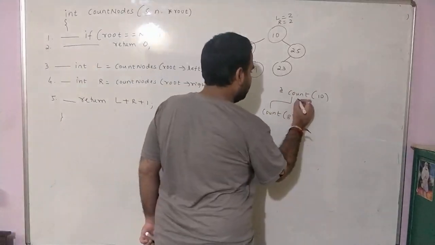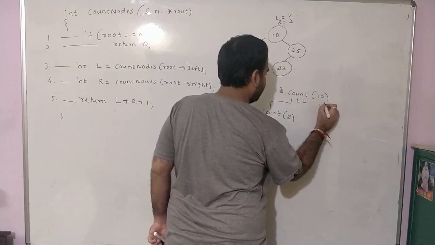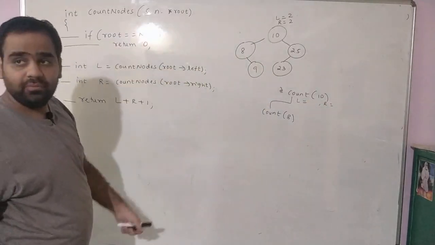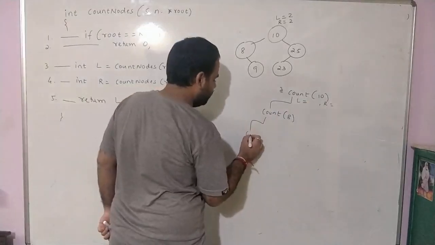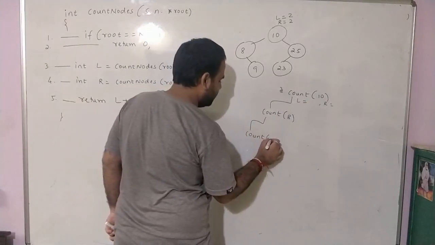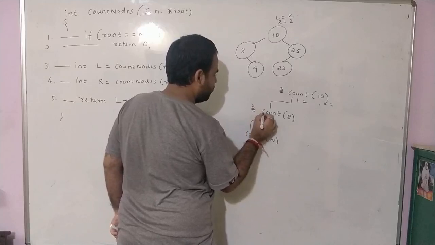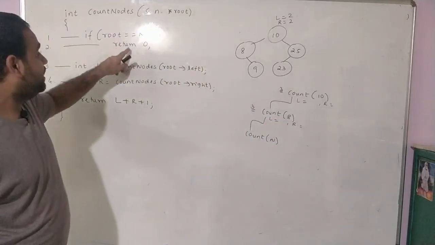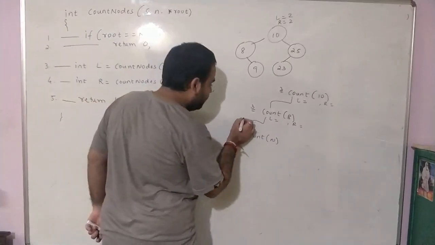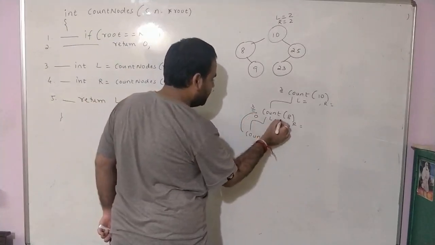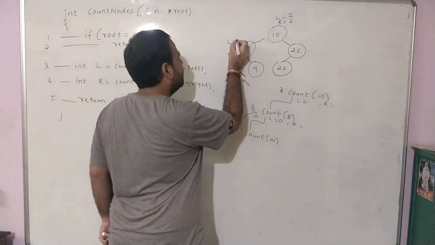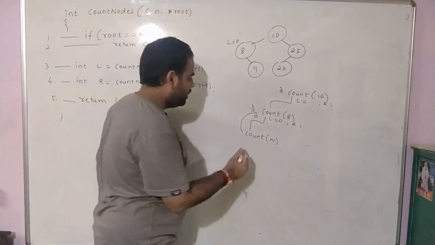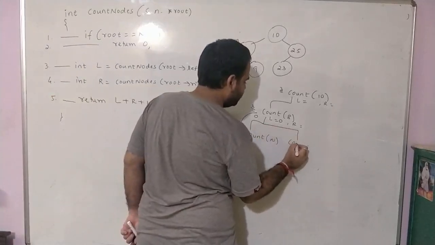And there are two local variables. One is L, the other one is R. Now again you check, is 8 equal to null? No. Again you call the function count nodes of 8 arrow left. What is 8 arrow left? Null. We are calling this from line number 3. Now this is L, this is R. Is null equal to null? Yes, you return 0. When you return 0, you return to line number 3. Therefore, the number of nodes with respect to LHS of 8 are what? 0. Now you count the number of nodes with respect to RHS.